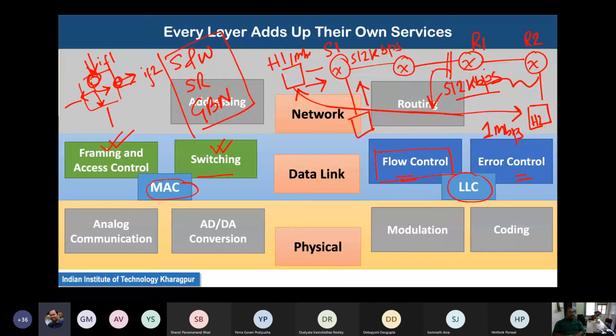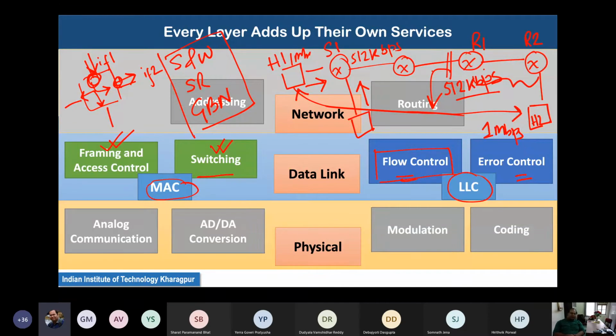Now you can see that whenever you are transferring data over a Wi-Fi network, at the transport layer you are using TCP, and whenever you are using TCP at the transport layer, you are actually implementing the selective repeat flow control algorithm. So you know that TCP uses a flow control algorithm which is a variant of selective repeat flow control.